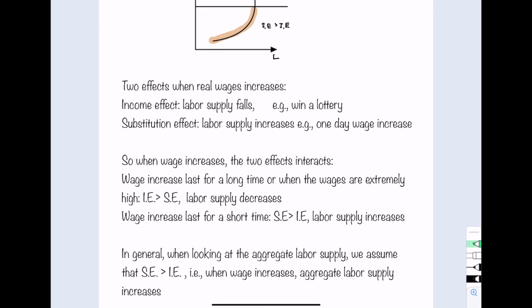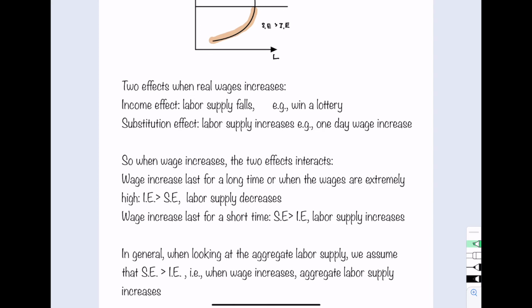Therefore, we claim that when we are looking at the labor supply for an individual, when the wage increases, it can either increase or decrease the labor supply. However, when we are looking at the aggregated labor supply curve, in general we believe that the curve slopes upward, which means that when the wage increases, people from the aggregated perspective will increase the total quantity